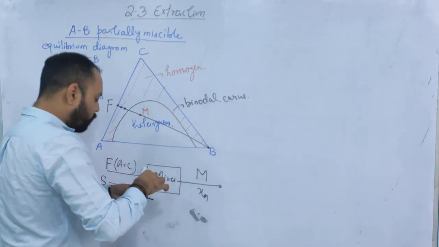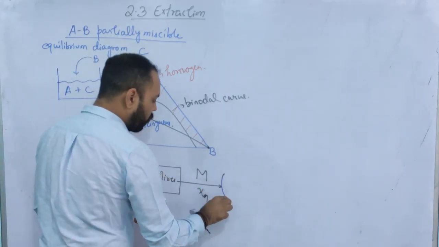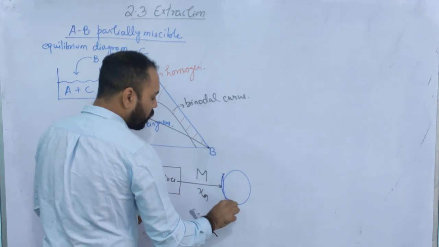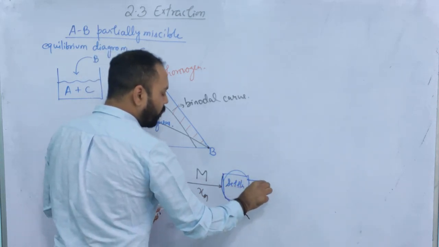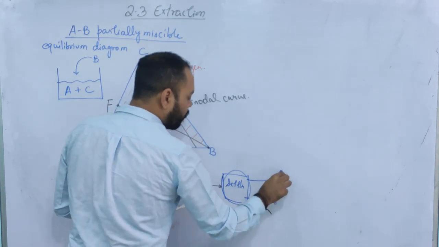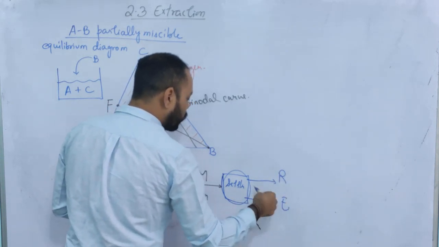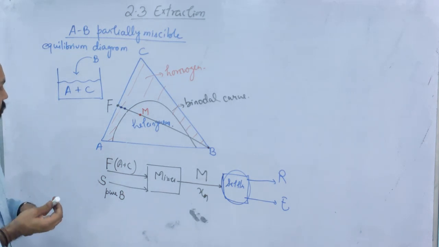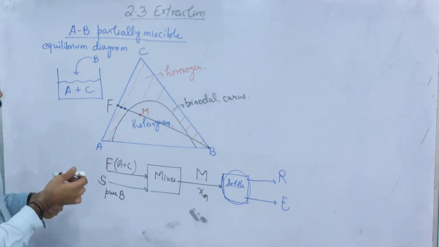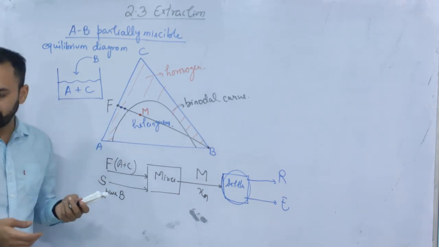Now if you leave them for settling, this is the settler, then definitely there will be two phases, R phase and E phase. I gave you the details of these two. Now where are those R and E phases? In this triangular diagram,